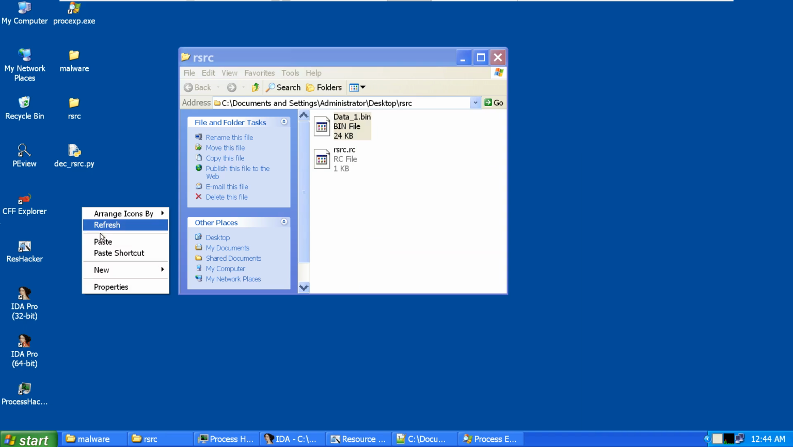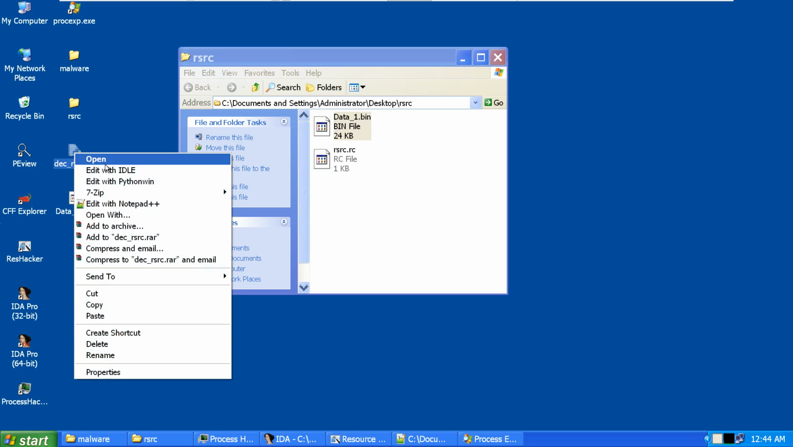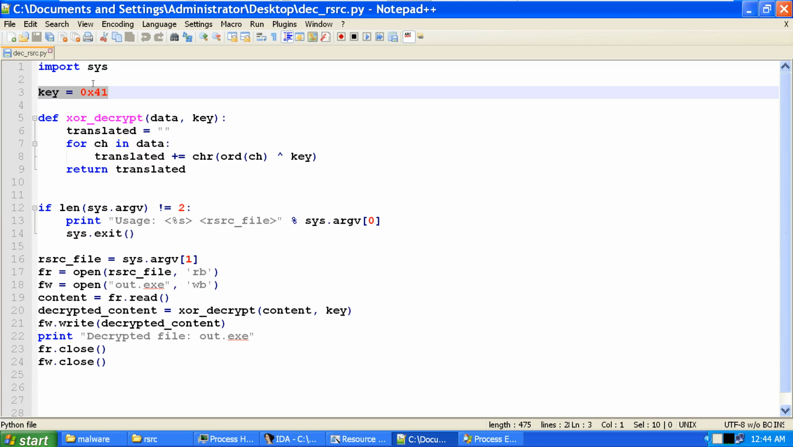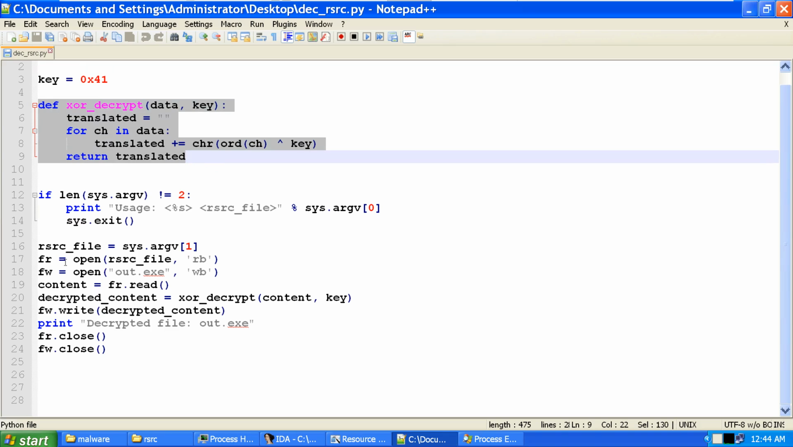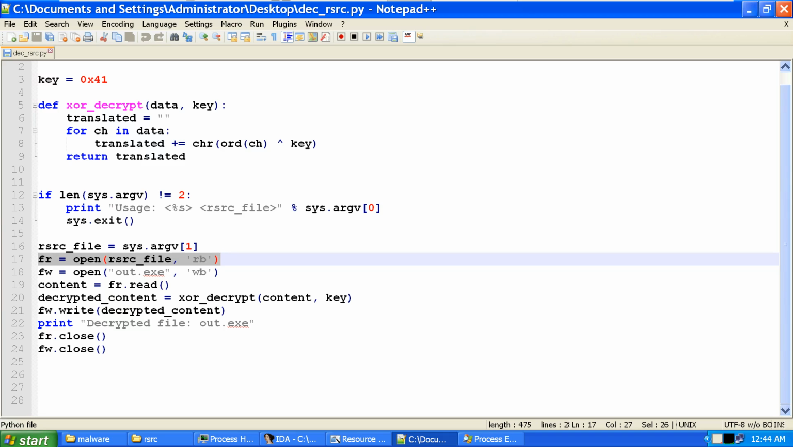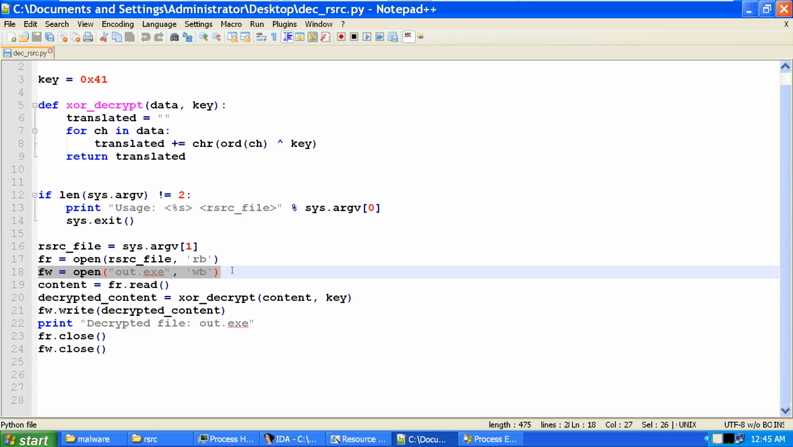I'll copy this onto the desktop, and this is the script that can be used to decrypt the resource. If you remember, the key used to decrypt the resource was 41, right? I've hard coded that key, and it uses a single byte XOR decryption. This is the function that does the XOR decryption. The script takes the resource file as the input, decrypts it, and writes it to a file called out.exe. So after I run this code,